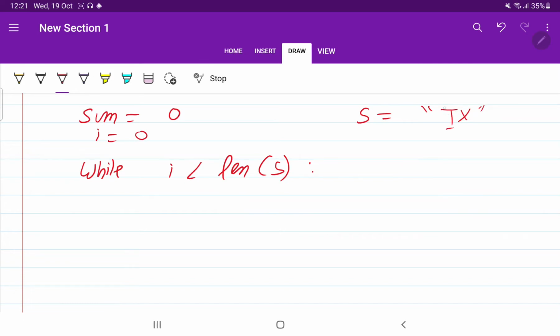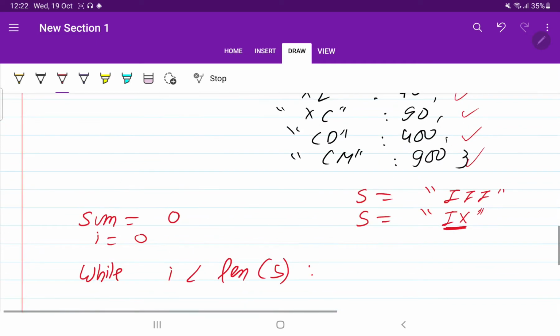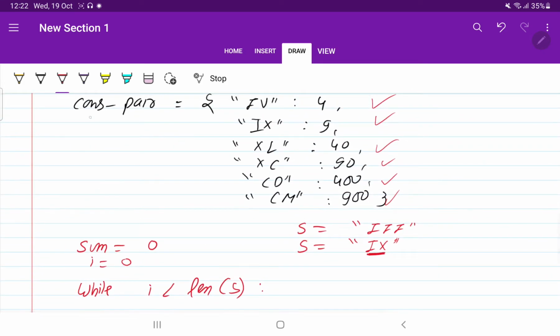Let us take two examples. First of all, we are going to take two elements and check whether they are exceptions, or we can say whether they are a consecutive pair or not. If they are a consecutive pair, we will return the value and move to the next element. If they are not a consecutive pair, suppose we check for this string, where two I's are there, and we check this dictionary for whether two I's are present or not, we will find they are not present. It means you can take them one by one. So we can handle things like this.